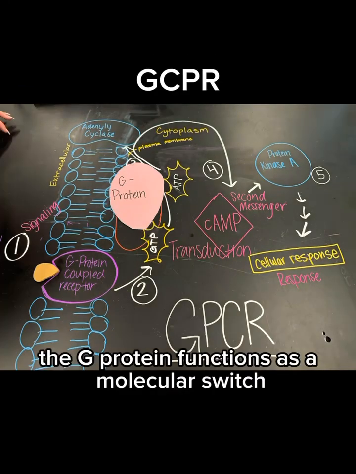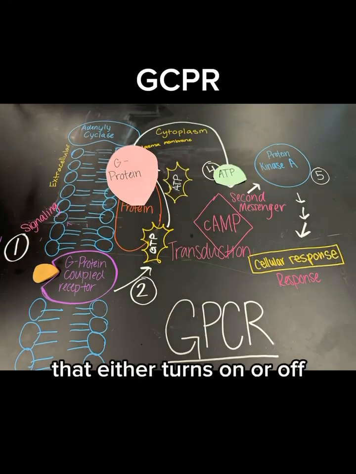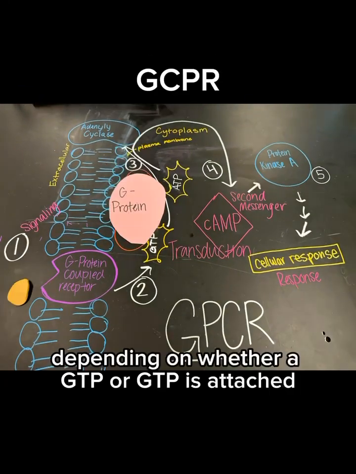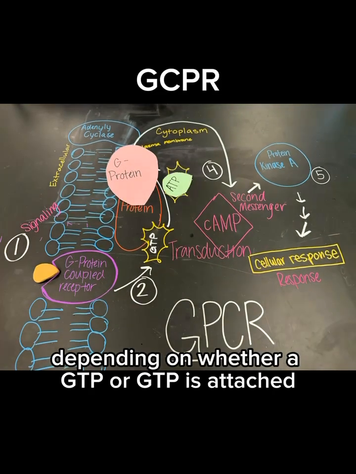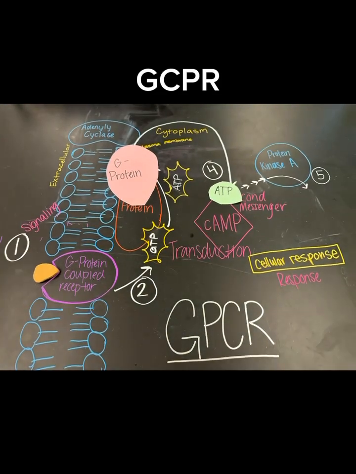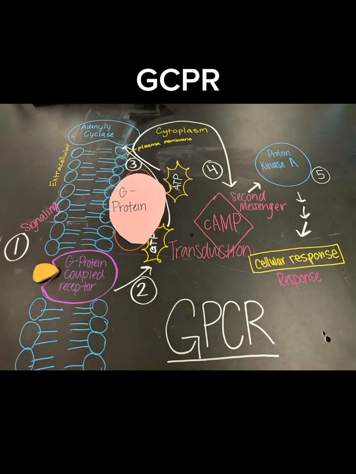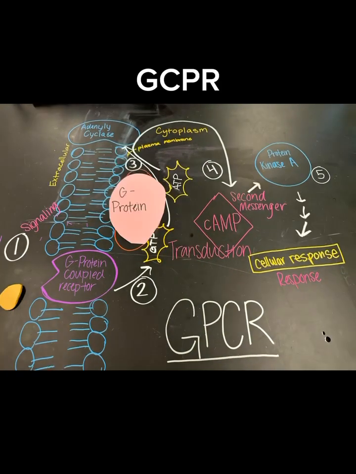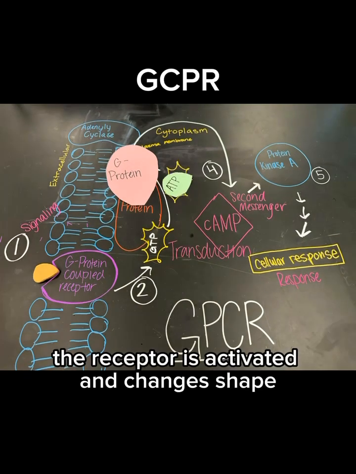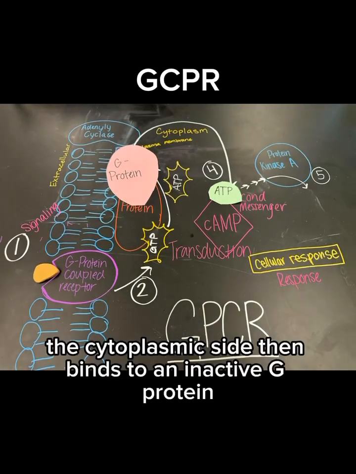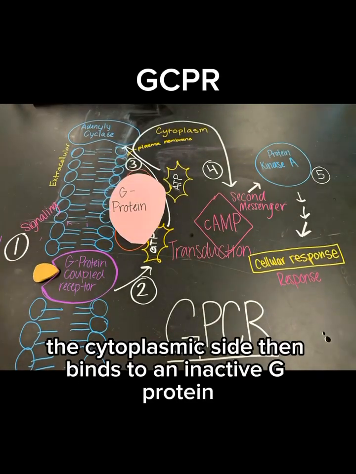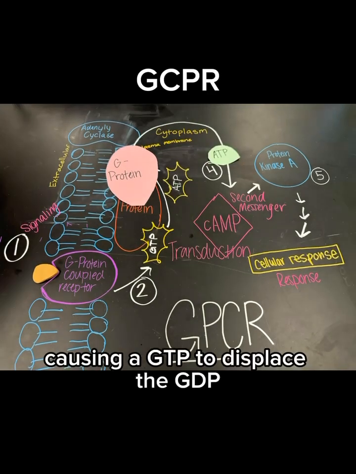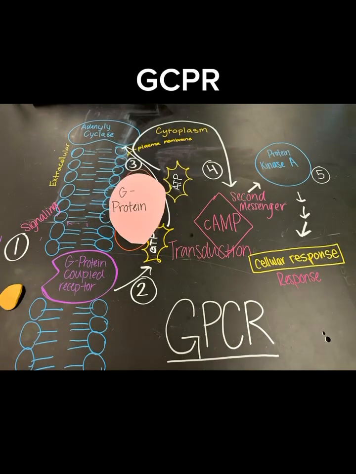The G protein functions as a molecular switch that either turns on or off depending on whether a GDP or GTP is attached. When the appropriate signaling molecule binds to the extracellular side of the receptor, it is activated and changes shape. The cytoplasmic side then binds to an inactive G protein, causing a GTP to displace the GDP, activating the